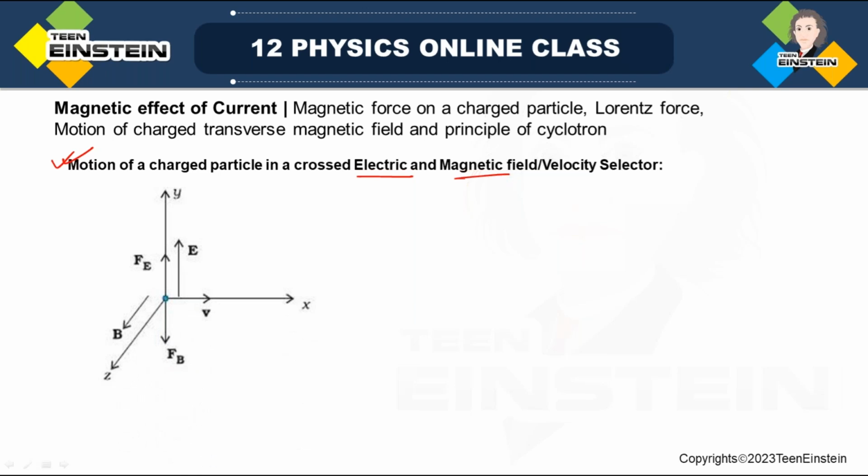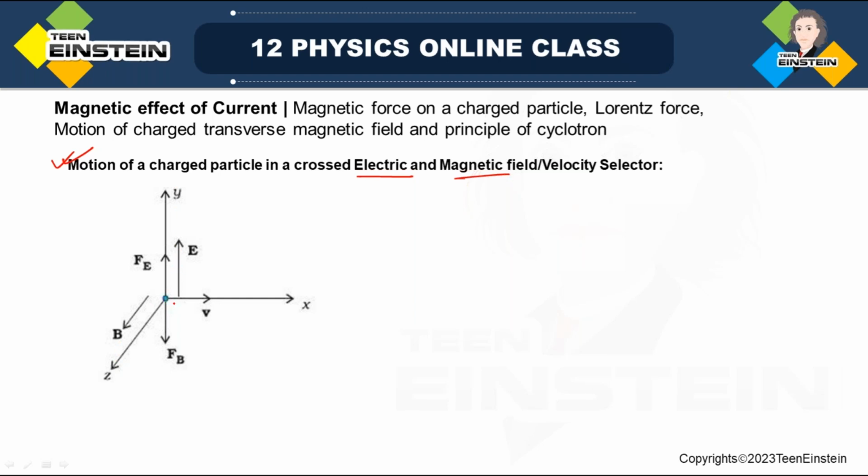See, suppose there is a region where magnetic field is along the z direction and electric field is along the y direction,